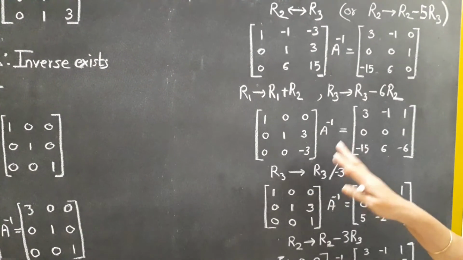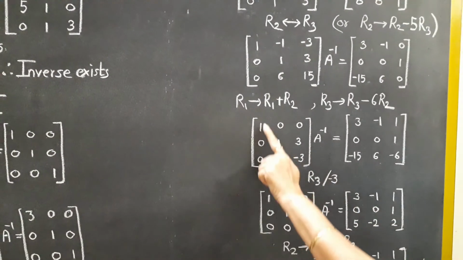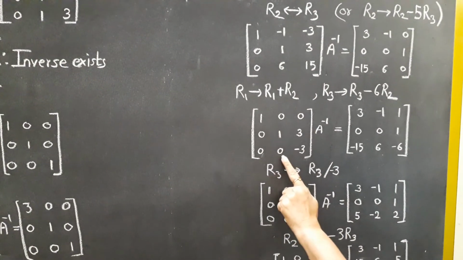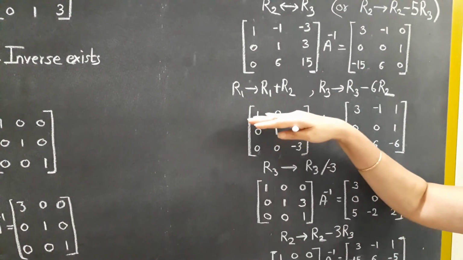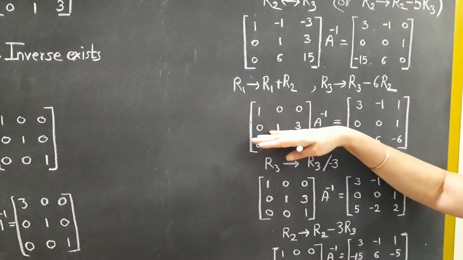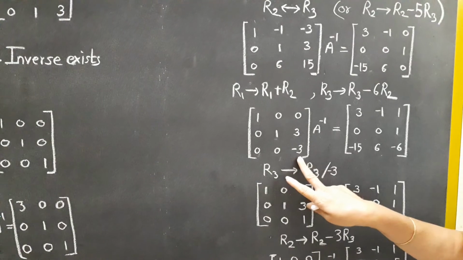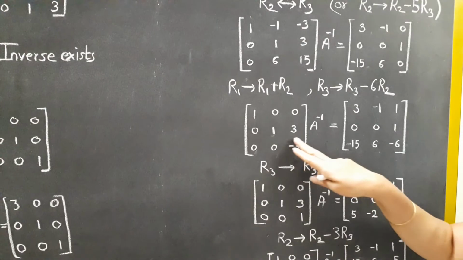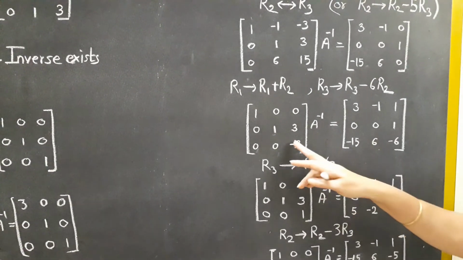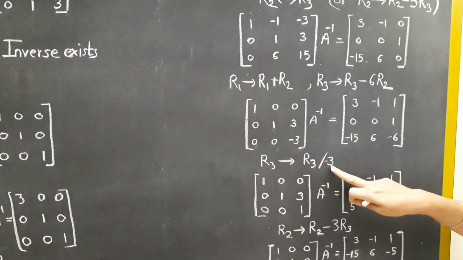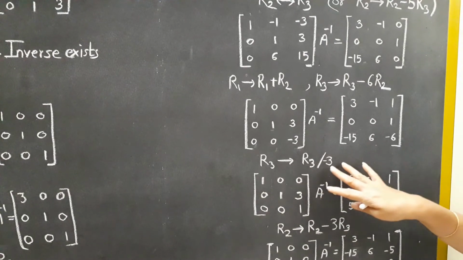Now the next, switch over to the next. Here also we have to bring 1. Now see that we have completed the first column, the second column too. This means that we are not going to make use of either R1 or R2 now to get 1 over here. So the only help is we have to consider R3, and how to get 1 is nothing but R3 upon this number. R3 upon minus 3 is 1, and hence I am going to write divide by minus 3.